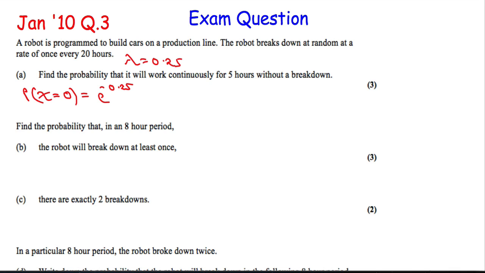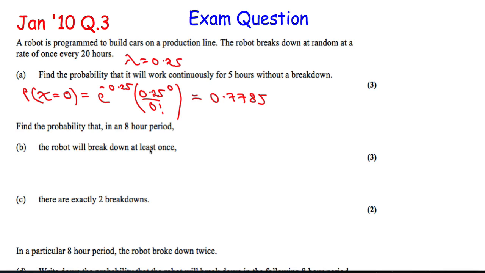0.25 times 0.25 to the power 0 over 0 factorial, which in fact, well, that's just 1 divided by 1, which is 1. So it's e to the minus 0.25. And when you plug that into your calculator, you should get an answer of 0.7785. Okay, second part, it says find the probability that in an 8-hour period, the robot will break down at